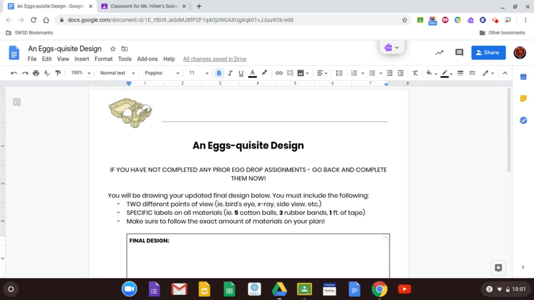Everyone. So today we are going to be creating the final planning part of our egg drop, and that is going to be an exquisite design. So pretty much you're going to be creating your final updated design that you're going to be later on creating your device off of. So basically for this document,